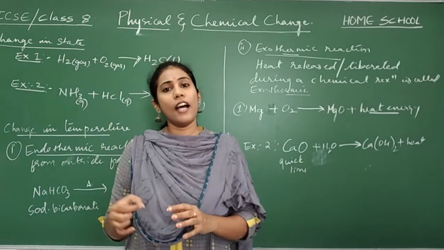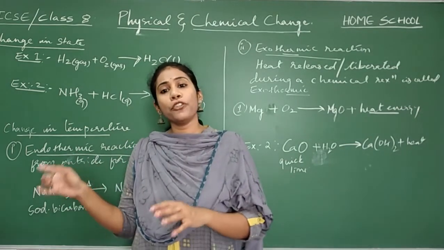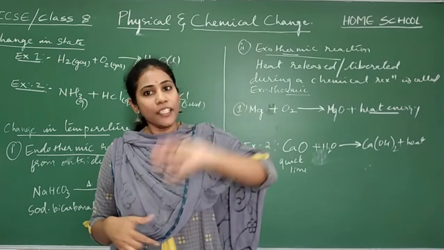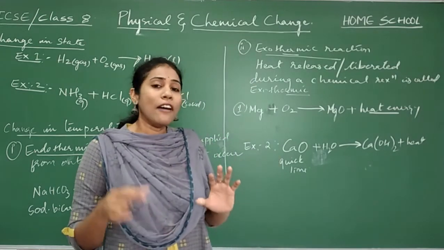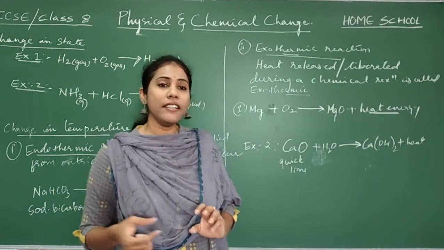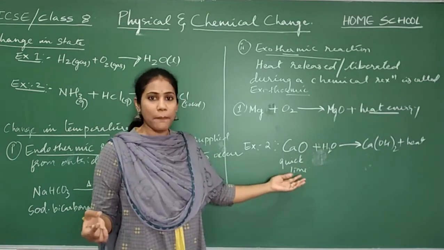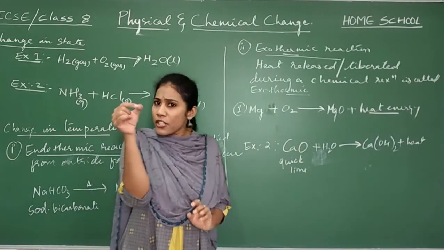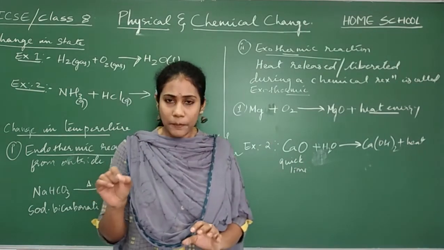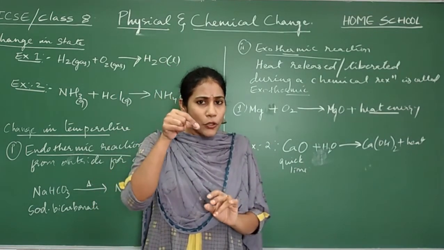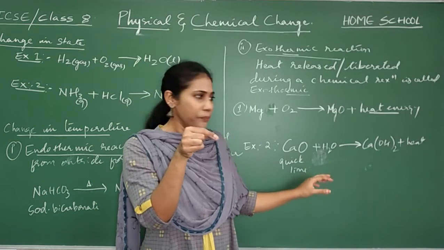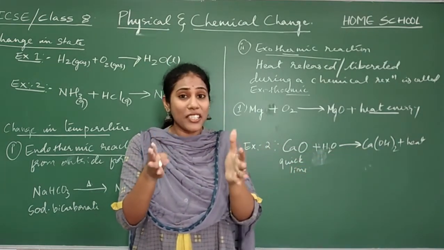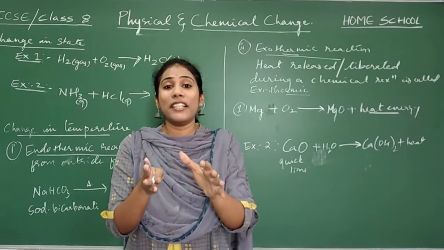When you construct a house, the final step is to paint it. Before you paint it, you first whitewash it. Yes or no? So how do you make that whitewashing liquid? You get some white cement from the market, which is nothing but quicklime. To that you slowly add water, and you get that white colored liquid. Along with that, if you touch that vessel, you will feel hot.